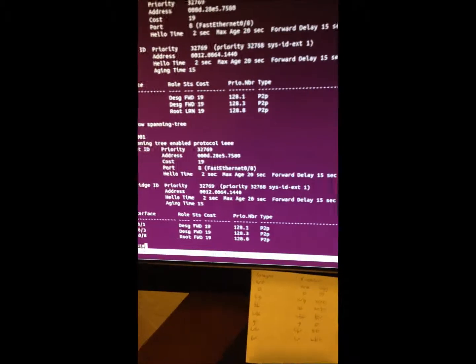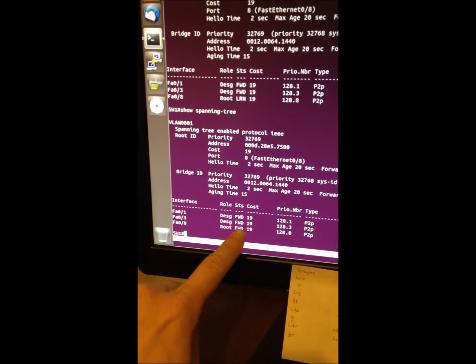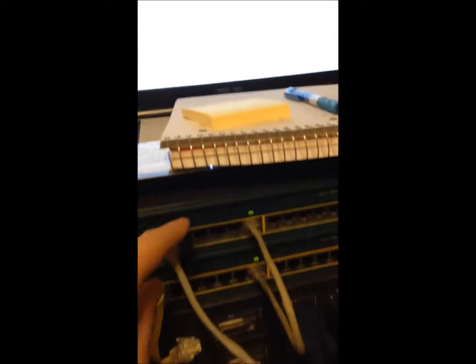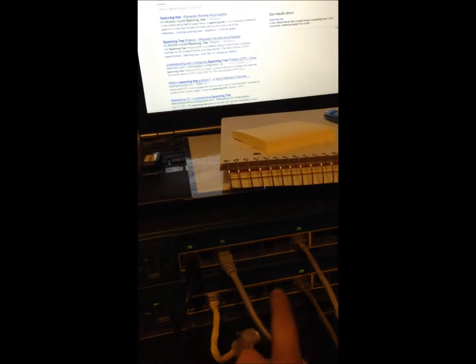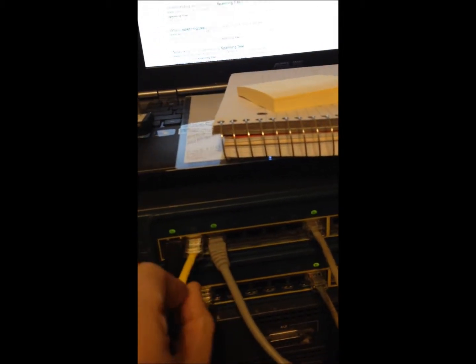So we can show the spanning tree again, and we see that port number 8 is now the root port, and it is forwarding information between this switch and that switch. And you can tell because of the two green amber lights. Now port 2 is set up as the primary, so if I plug port 2 back in,